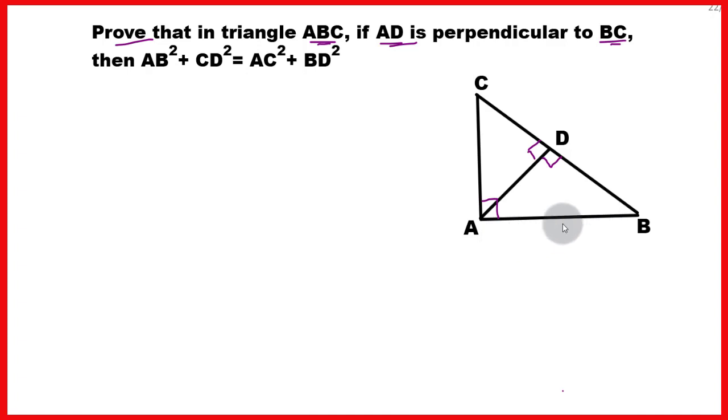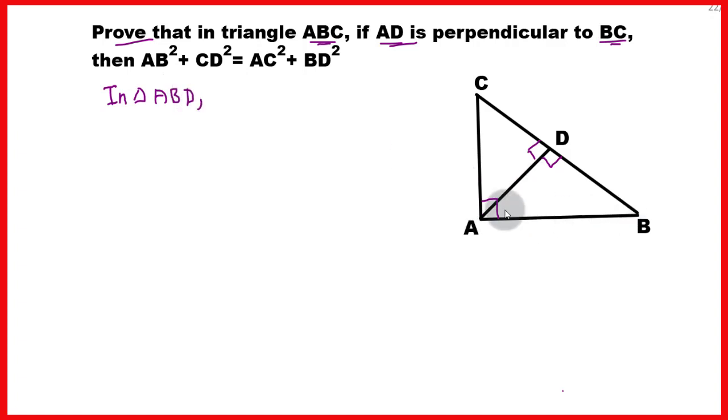AB square plus CD square is equal to AC square plus BD square. So friends, to prove this, first we will take the triangle ABD. This triangle ABD is a right angle triangle, right angled at D, and therefore in triangle ABD,